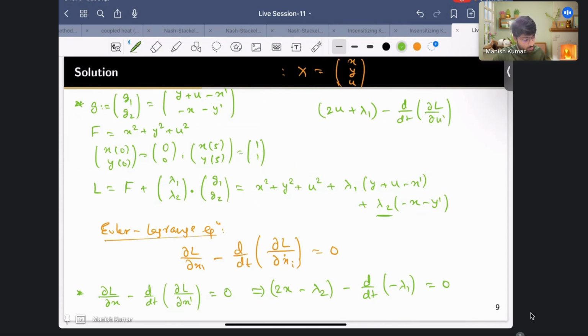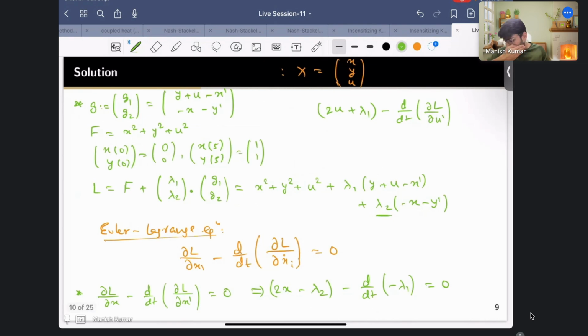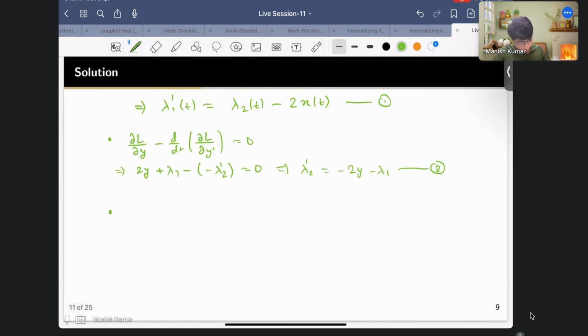There is no term of u prime. So what you get is just 2u plus lambda 1 equals 0. So from here you can get the expression of the control, right? So u can be given as minus lambda 1 upon 2,